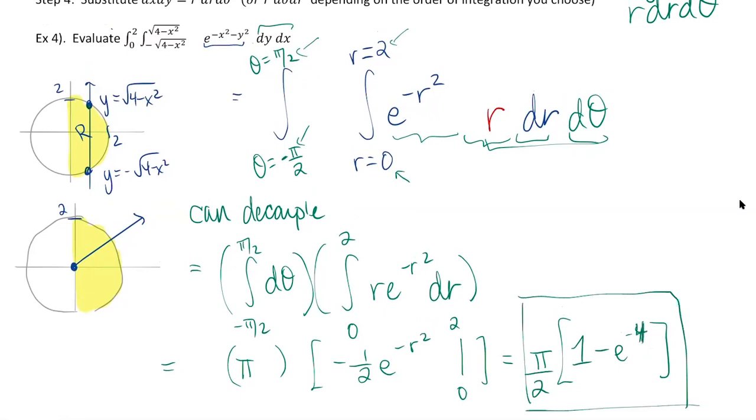And that's actually the only way we can do that integral, by switching to polar. Okay, so let's try a couple more. Next,